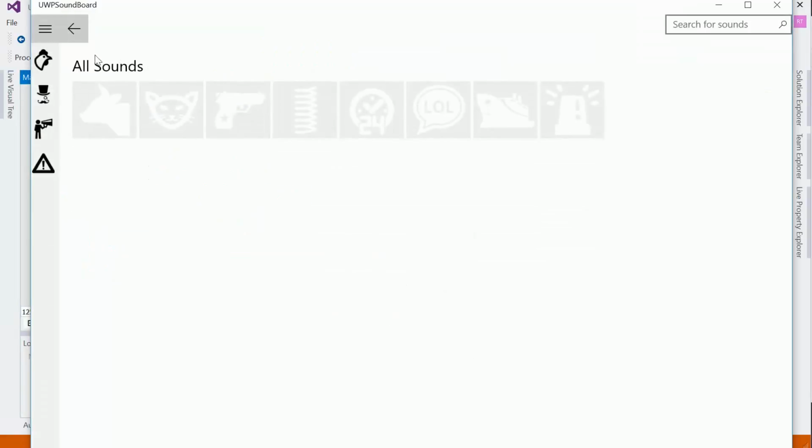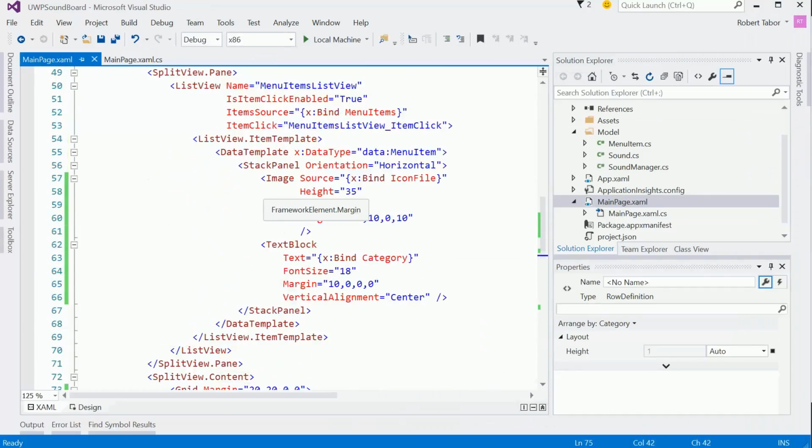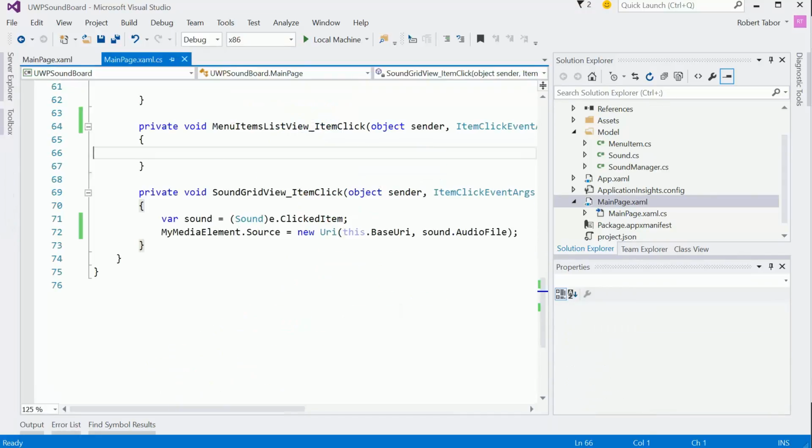All right, I feel a little bit better about that. That might be a bit much, but overall, I like where we're going with this. The next thing I want to do is get the menu actually working, so it actually filters. So let's work on that part right there. And the list view that we have, we're going to accept input from the menu items list view item click event handler, and